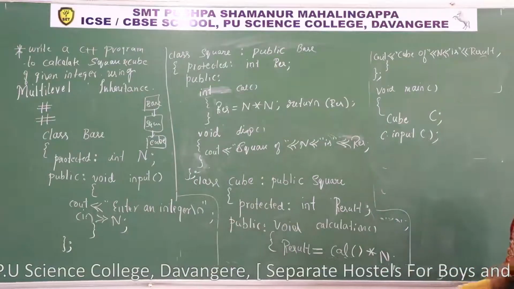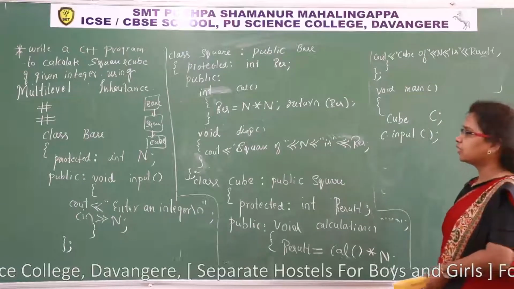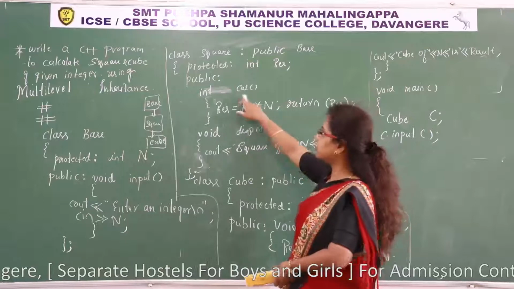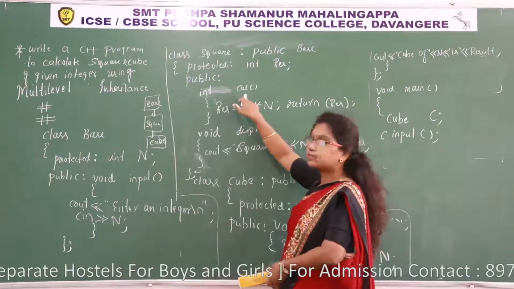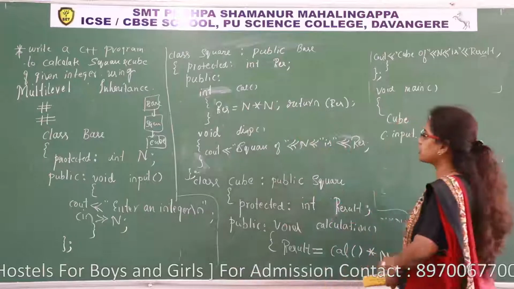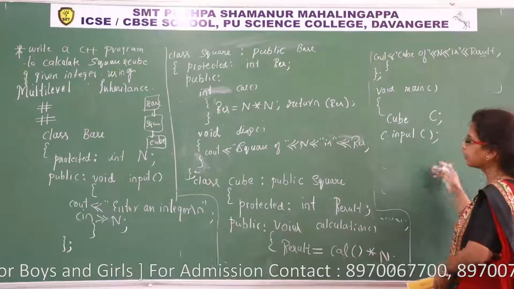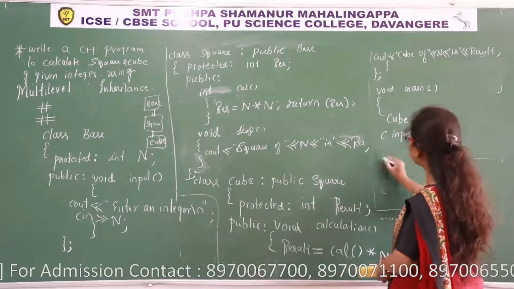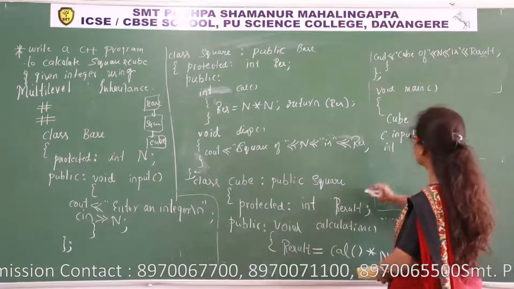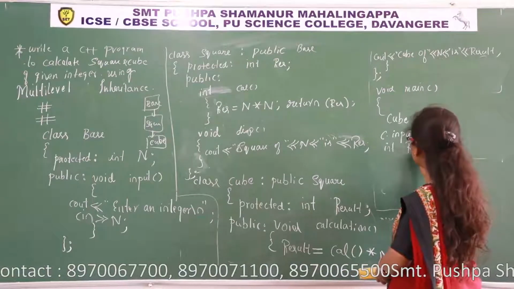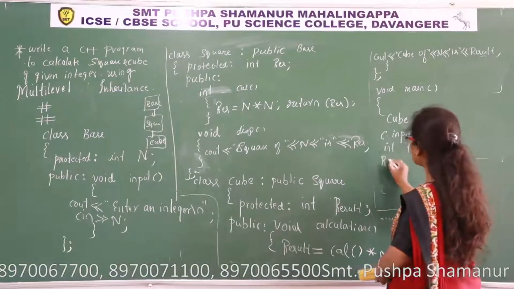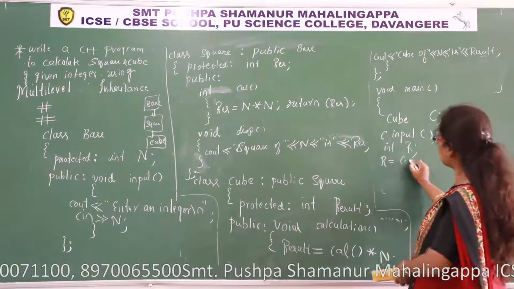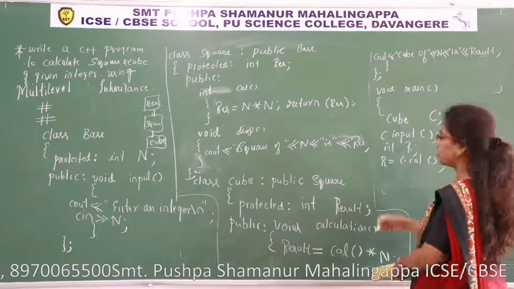Next I want to calculate the square of a given integer. To perform that operation there is an instruction in the cal function, so I have to call this function. This function returns a result. Either you can display the result from here or from there itself. I'll take int r here to receive the result. r is equal to c dot cal open close semicolon.